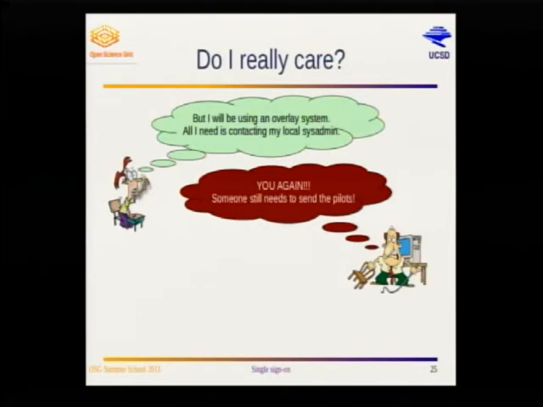Why do you trust me? Why would you offer me your glideins? It just works, trust me. No. One reason is the pilot still needs to be authorized. And since this is an OSG school, you want to know how it's working behind the scenes. So it's important for you. And of course, I hope you agree with this.